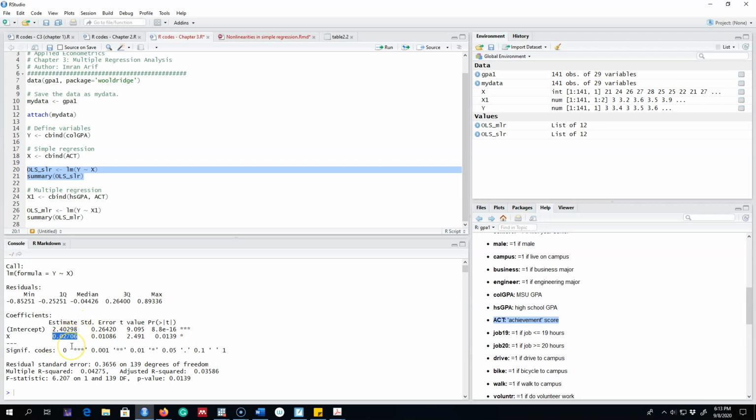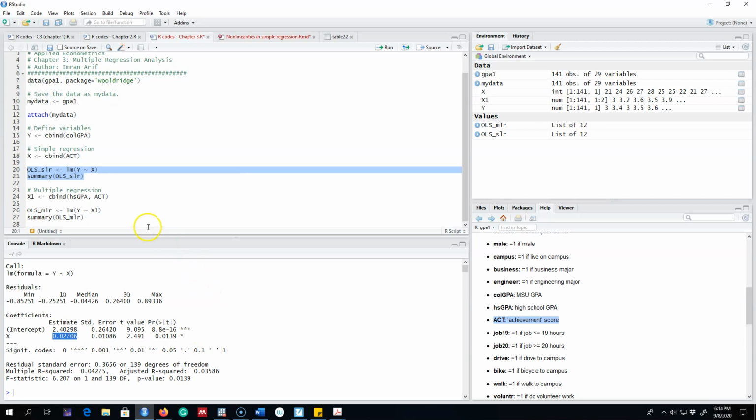Probably the most important part is this X, or this ACT slope coefficient, which is showing us the impact of ACT on college GPA. So we see that, as we assumed, ACT has a positive impact on college GPA. The higher the ACT score, the higher will be your college GPA, right? So that was the simple linear regression case. We are not controlling for many other factors here, and those are captured by the u term, or the error term, that I described earlier.